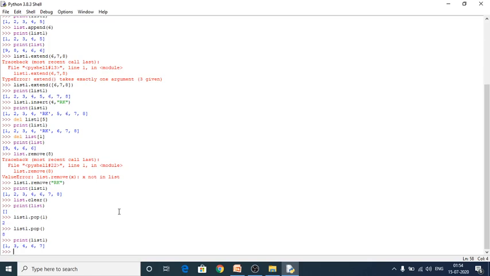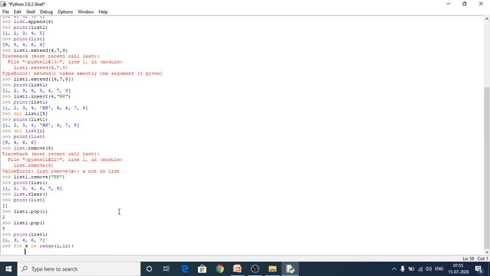See here, for that I have to use for x in range function, with 1 as my start value, 11 as my end value. Next one is print x, because x is the variable which will go through the range function.